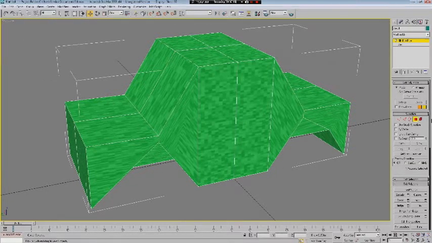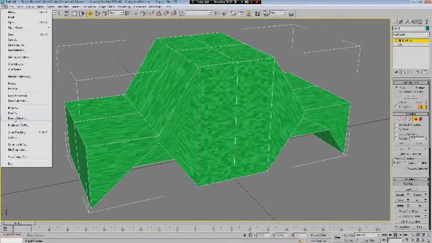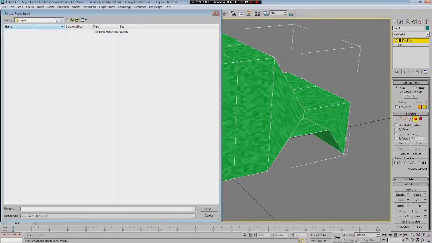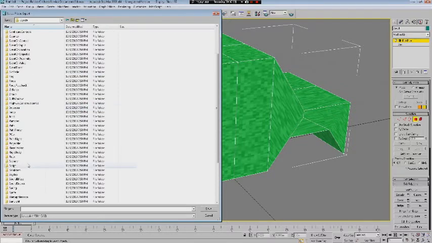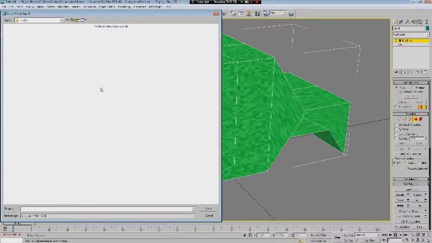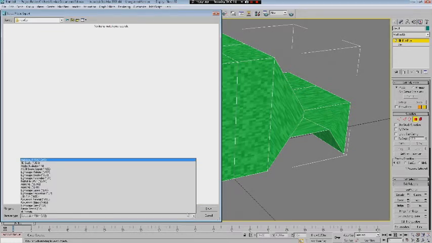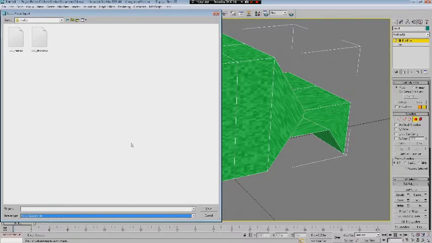Alright, so now that we have this done, I'm going to go to File, Export. And it's export selected. It doesn't matter. There's only one object. But I have to navigate first to my folder again that has the custom object that we just created, and that was a skin mesh, and it was called New Car. Also, PandaSoft created an exporter for this, and it's the Panda DirectX exporter. Now, these two files here in the New Car folder were created when we installed the custom skin mesh in the first place. So in order to save this out properly, all I have to do is click the mesh